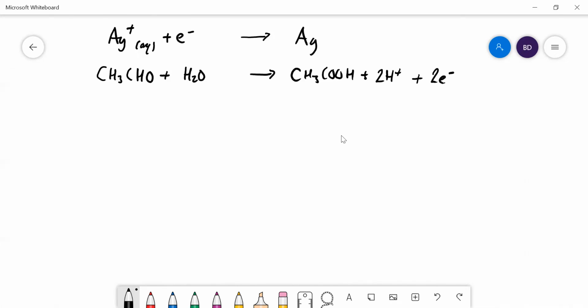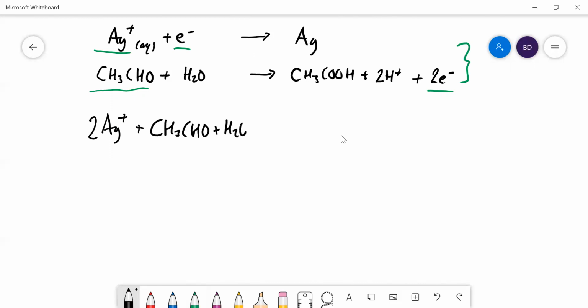So what can we do? We've got to combine those. This is the oxidizing agent, isn't it? Silver plus, because it gets reduced to Ag. This is the reducing agent because it gets oxidized. Combine these two together. I need to multiply the silver one by 2 because there's only 1 electron there. We've got 2 there. Let's write that. So we end up with 2Ag plus, plus CH3CHO, plus water, goes to 2Ag, plus ethanoic acid, and 2H